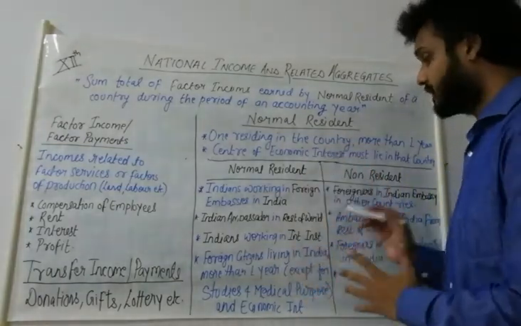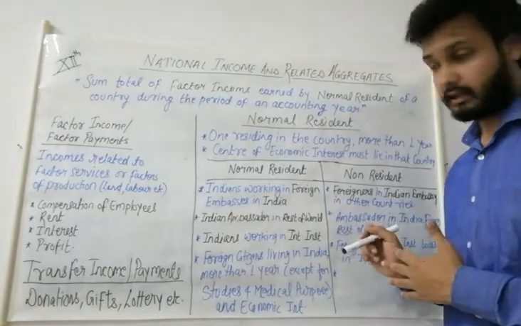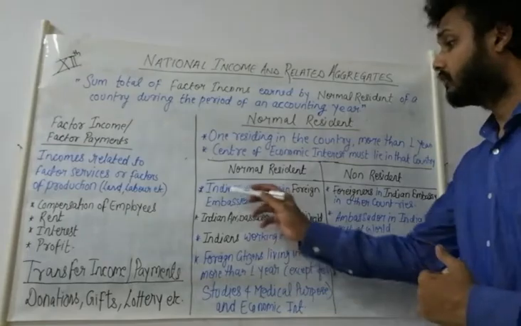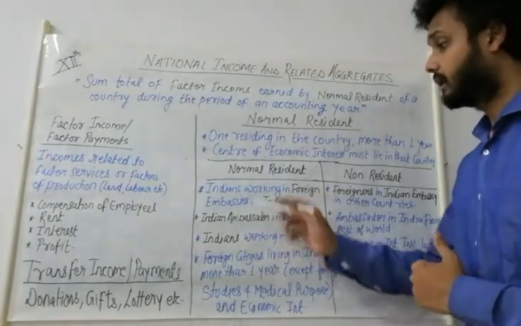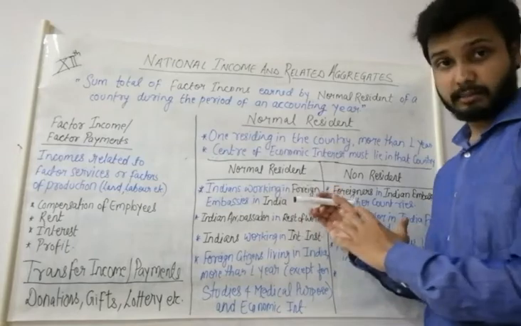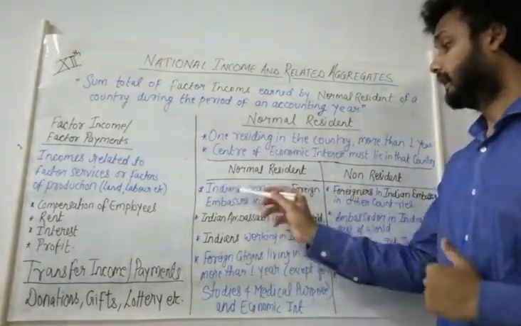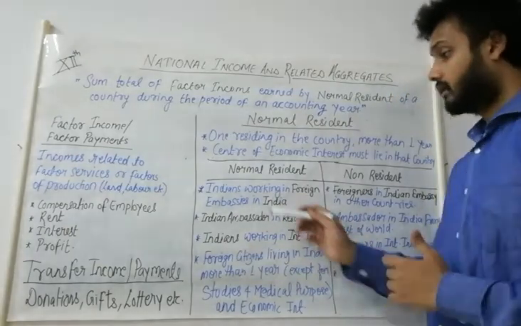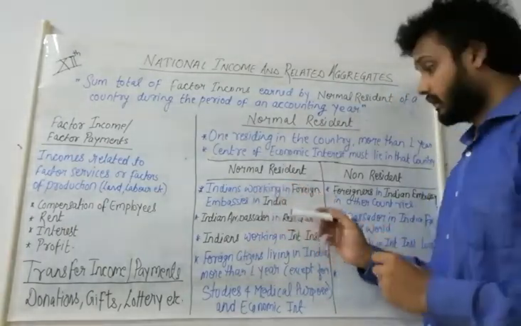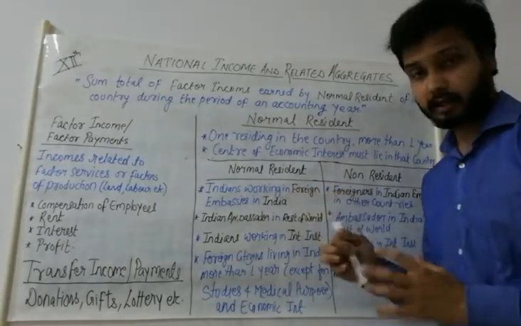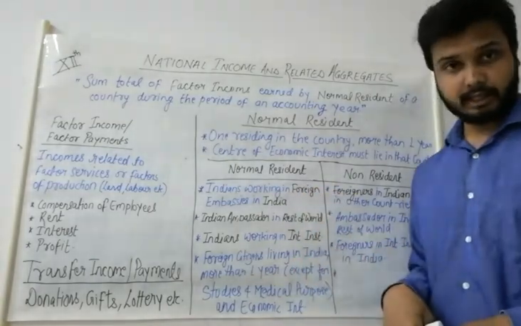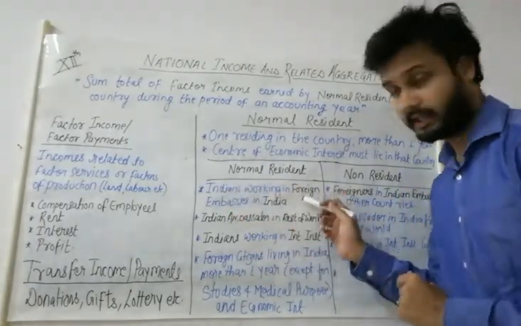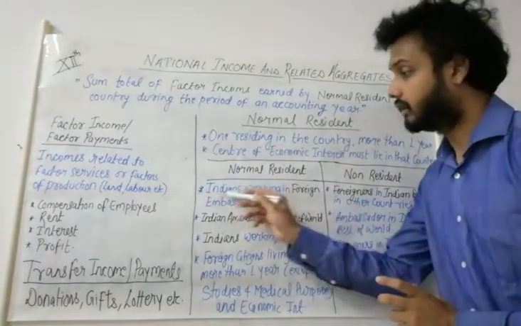Now we will see the difference between normal resident and non-resident, and which points are included and excluded, that also will be clear. First point in normal resident is Indians working in foreign embassies in India. We are taking it from the perspective of India. It means all those Indians, even though the company is a foreign embassy, it is located in India. So all those Indians who are working in that foreign embassy will be termed as normal